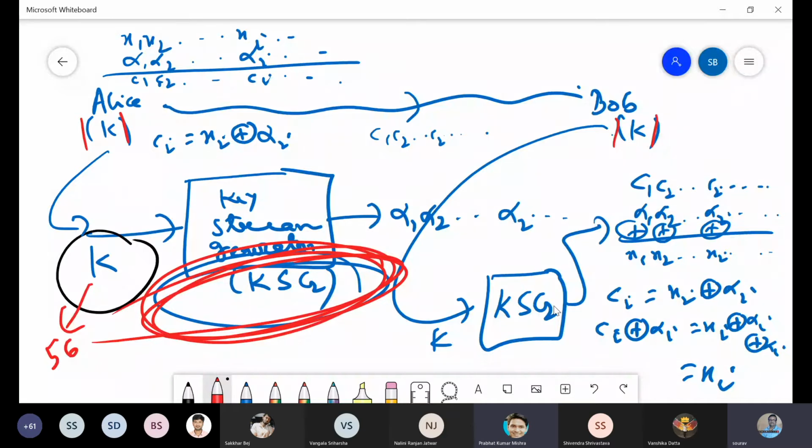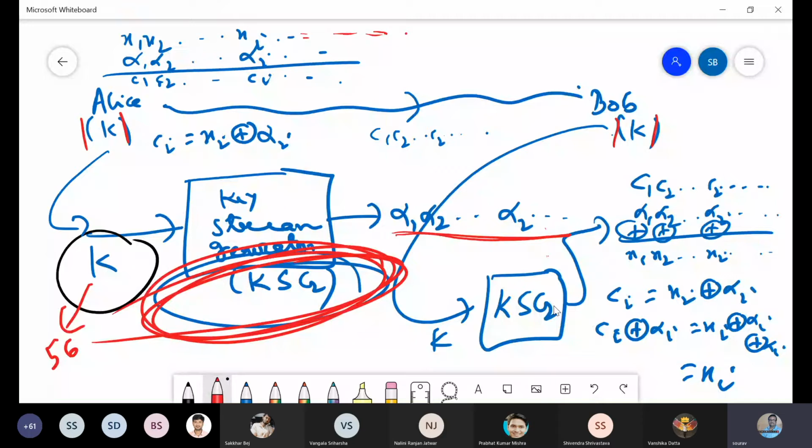Yeah, that is there. Suppose we have a very huge plain text. Is it possible to always get a key stream which is not repeating? Because if it is repeating, then we will get the same thing, so that is not allowed. We should have a key stream with a long period. Period means it should not repeat. There is a high chance of repetition, so we'll see how we get a good key stream, meaning the period will be high.